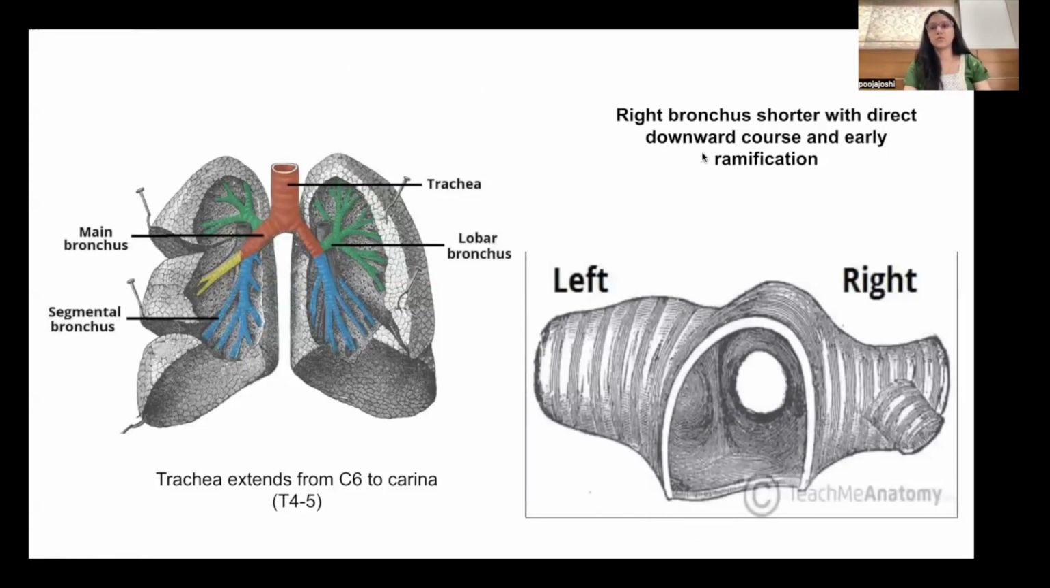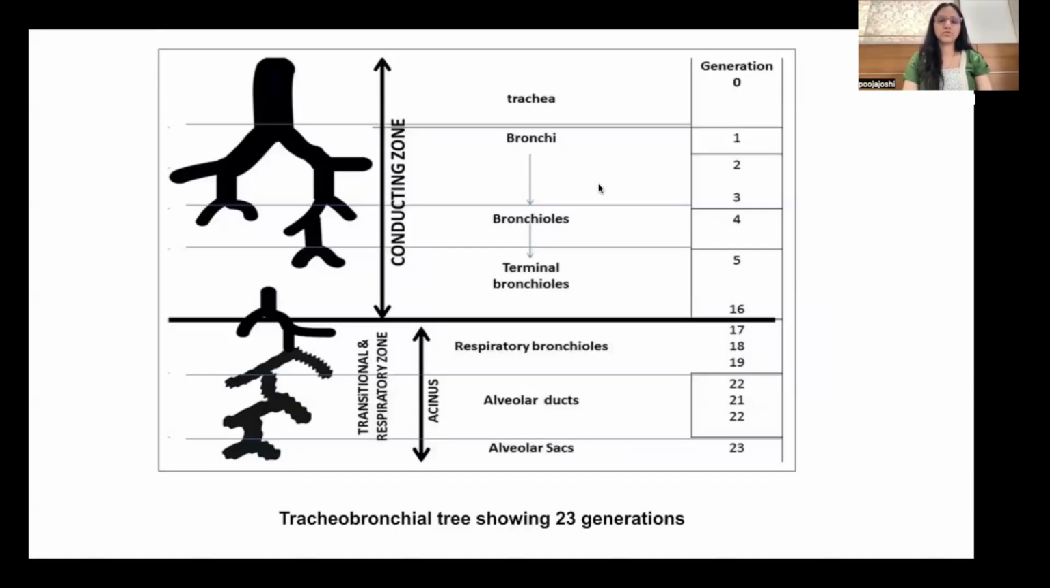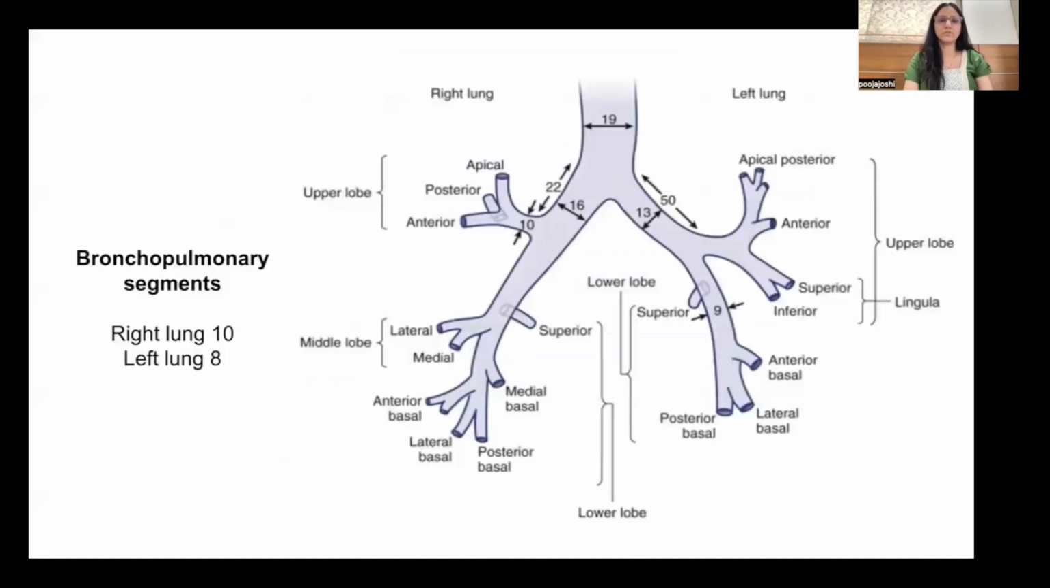It has a downward course and early ramification. This is the tracheobronchial tree showing 23 generations. Up to the 16th generation it is the conducting zone, and from 17 to 23rd, it is the respiratory zone. This is a classic diagram from Miller's depicting the average diameters and the distances of the trachea and the bronchial